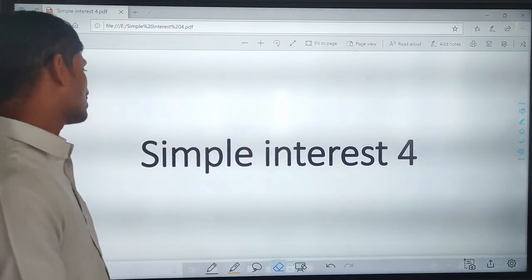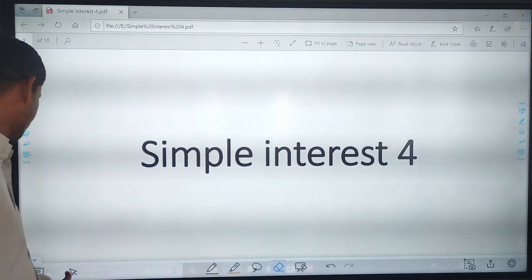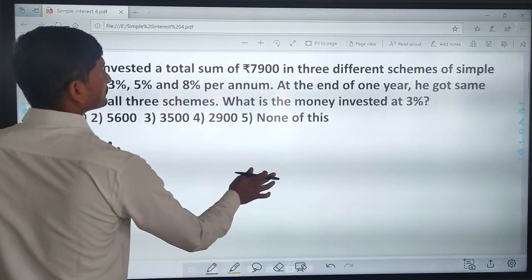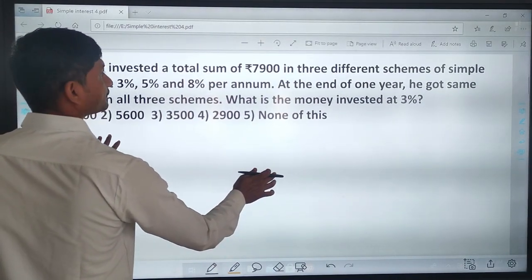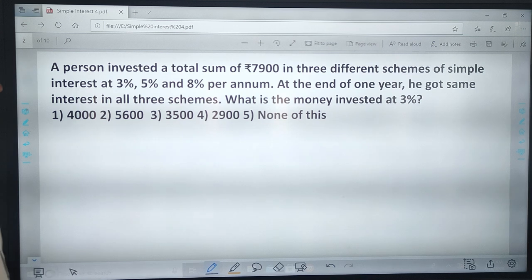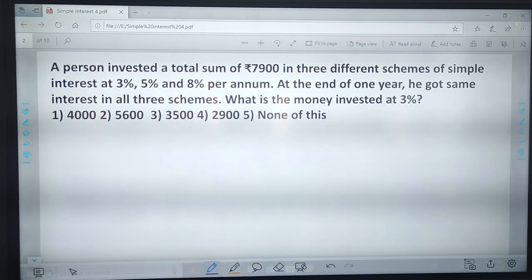Today we discuss the topic of simple interest. Now we see the examples. A person invested a total sum of 7,900 in three different schemes of simple interest at 3%, 5% and 8%